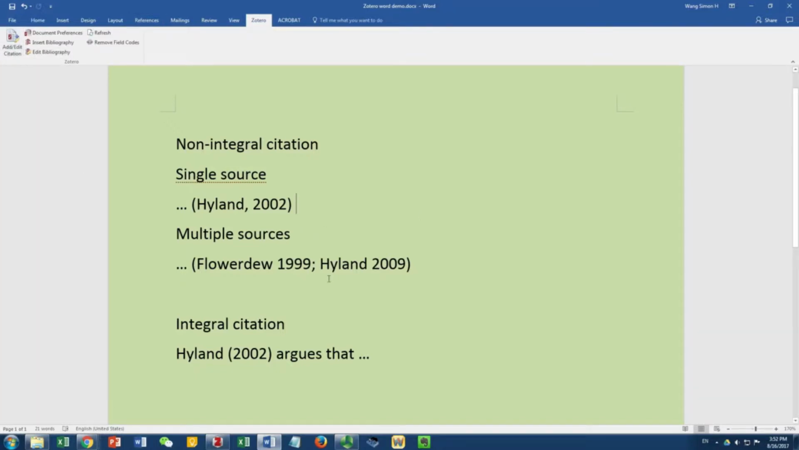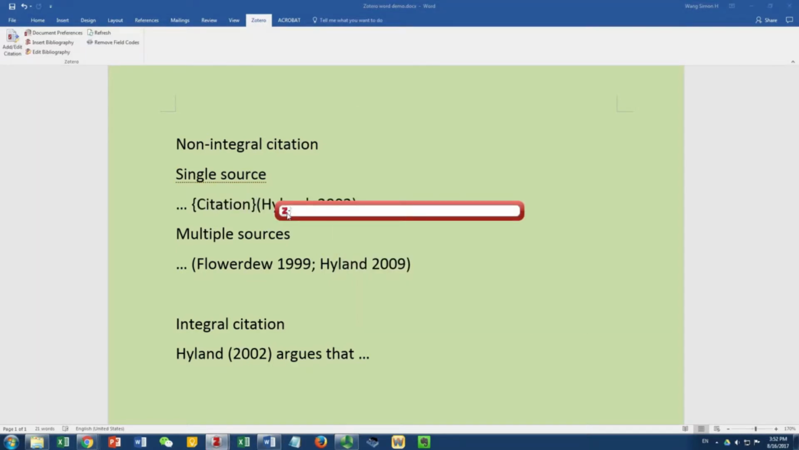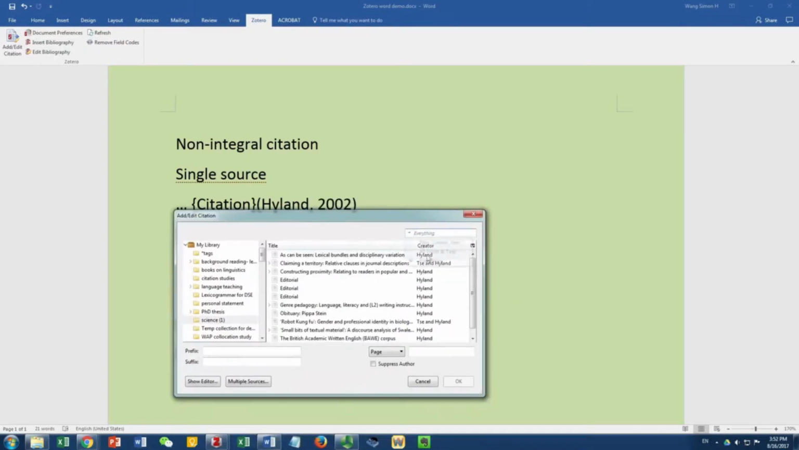What you can do is, well, I'm going to talk about a non-integral citation first. So we have a non-integral citation of just one source. You can just add citation, and the first time you add a citation, the plugin will ask you about the document preferences. You just pick APA, and then you will have this little box here, and maybe you can get a classic view. Suppose you want Hyland 202, so you want to search for title, creator, and year only, not everything, because if it's everything, then it will search the full text. So you go to title, creator, year, and then you put Hyland and 202,